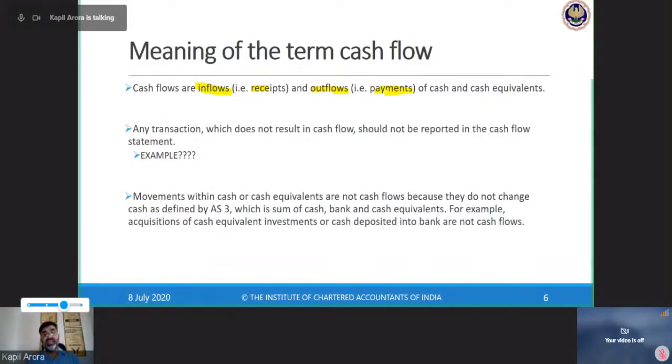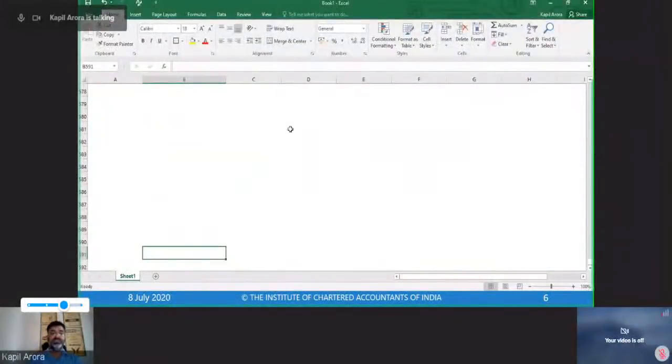There are certain transactions which don't result in cash flows. Some transactions never result in cash flows. Those transactions should not be reported in the cash flows because there is no inflow or outflow. I want you to answer what could be those items which do not